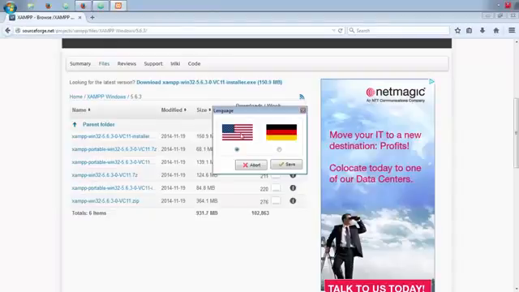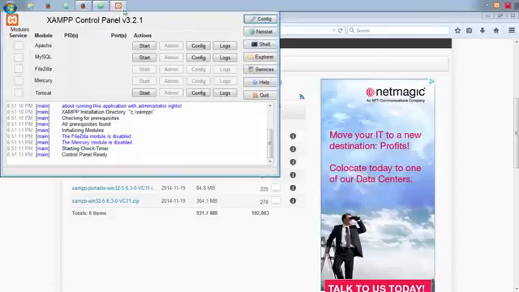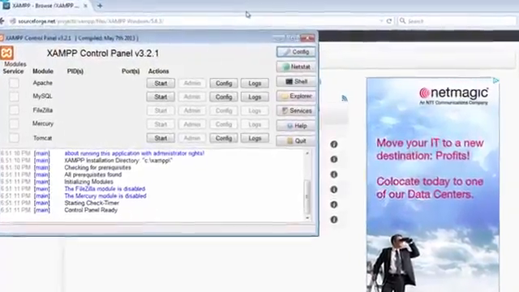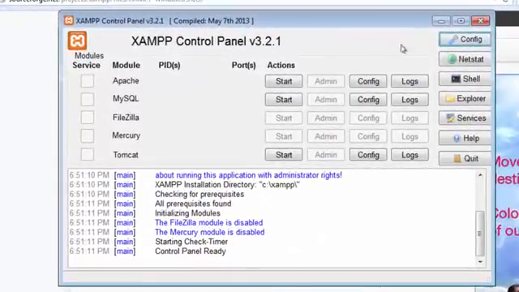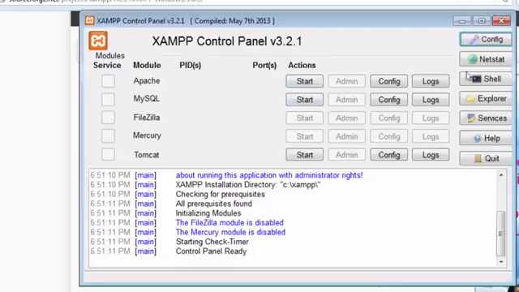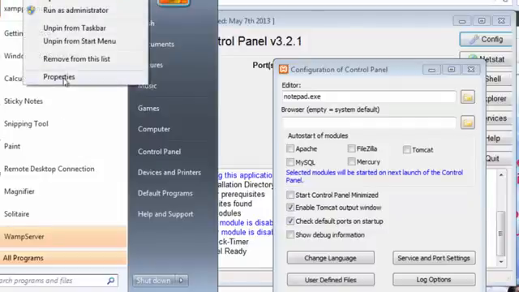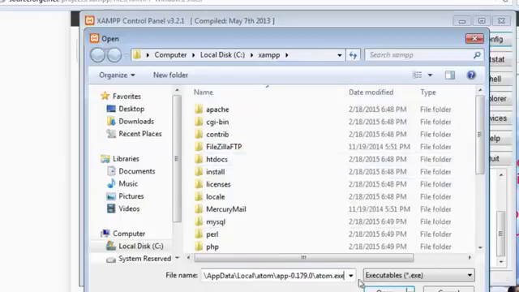When we initialize it for the first time, it will ask us to select the language: English, save here. Our XAMPP Control Panel is ready. Before we start the services, I always prefer to do some customization configuration. For example, in config, we can see the default text editor. I always prefer to use the text editor Atom, so I'll copy the path, click here, paste, open,